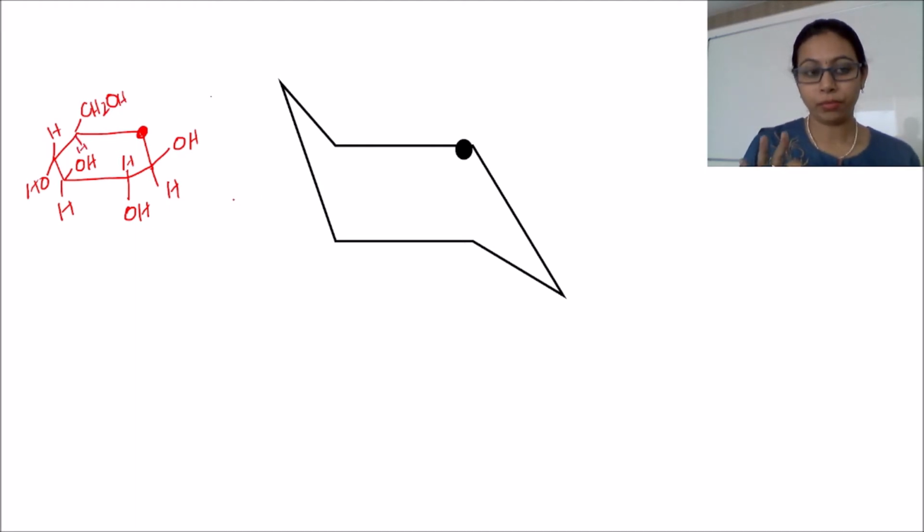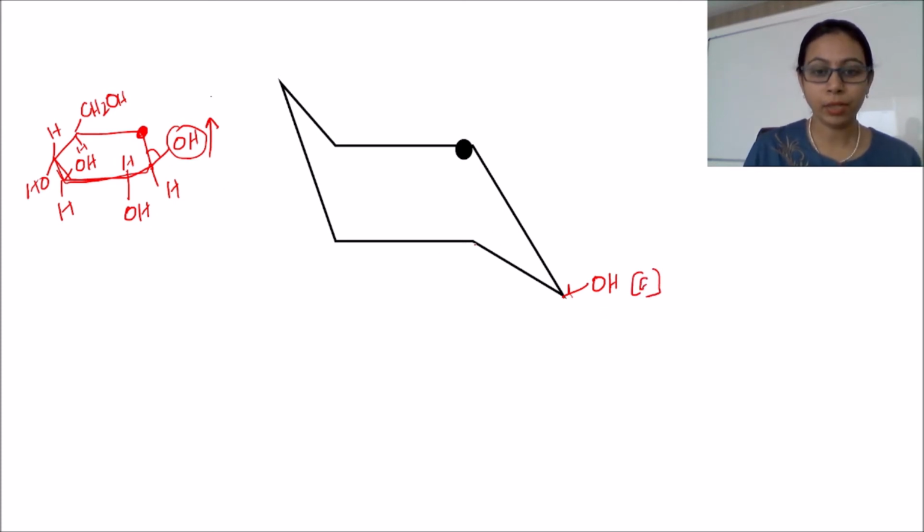A very simple concept is that while changing from this two-dimensional way of presentation, the Haworth projection of glucose, where this lower part will be facing perpendicularly toward me or away from the plane, what happens when this carbon number 1 is pulled downward, then the angle formed by the OH group will also change, and it will change in such a way that all the atoms, whether H or OH, will arrange themselves such that all the OH groups which are facing upward will place themselves toward the equatorial position.